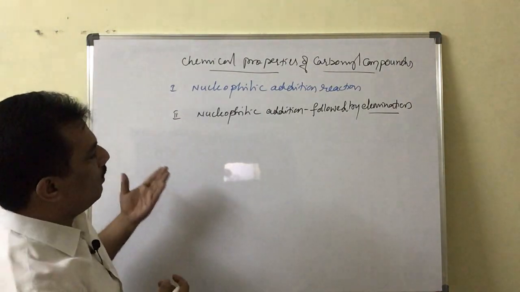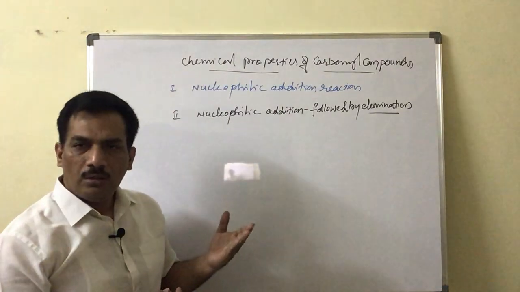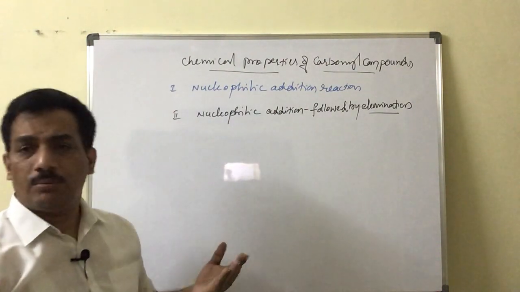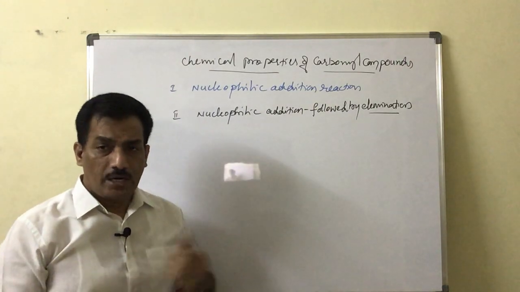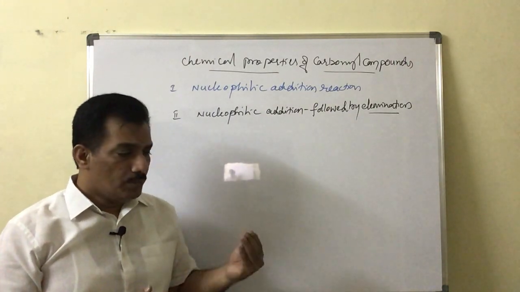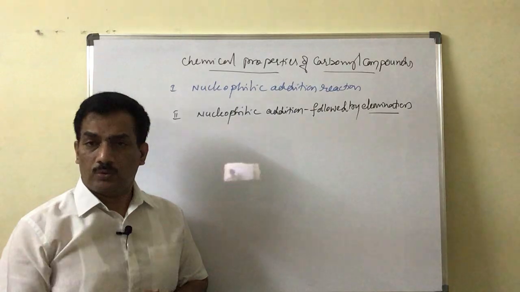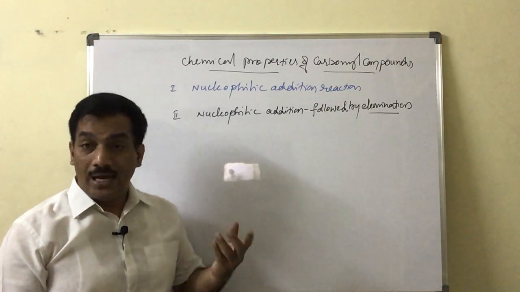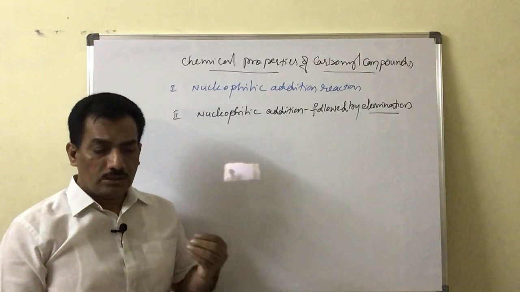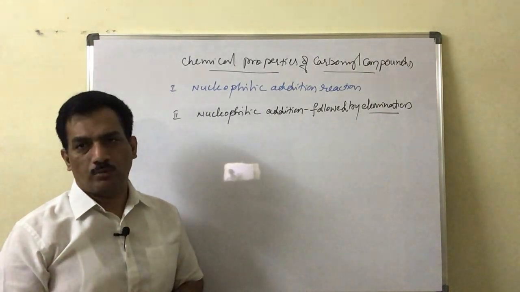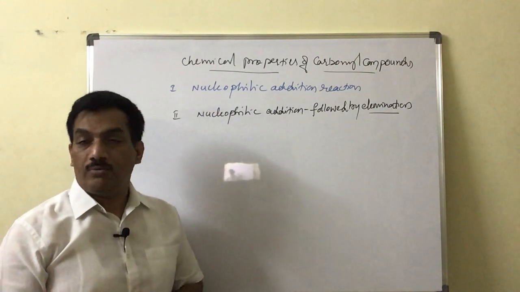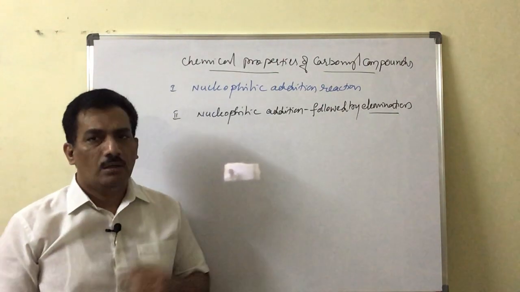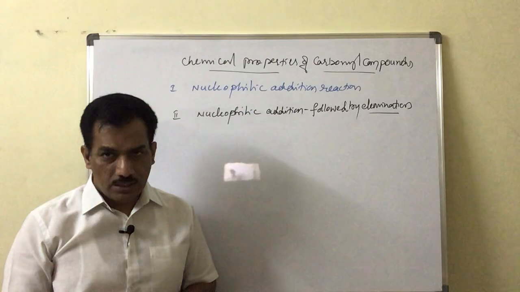And here what we observe is that the reagents are ammonia and ammonia derivatives. Ammonia derivatives are primary amines, NH2R. It may be hydroxylamine, NH2OH, hydrazine, NH2NH2, phenylhydrazine, that is NH2NH phenyl group, and 2,4-dinitrophenylhydrazine, which is 2,4-DNP, also given the name Brady's reagent.